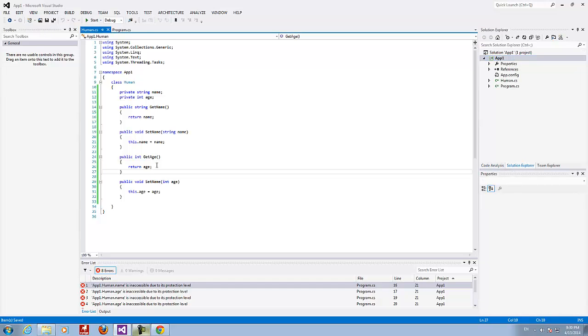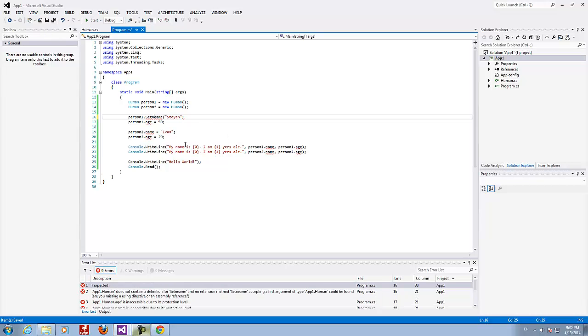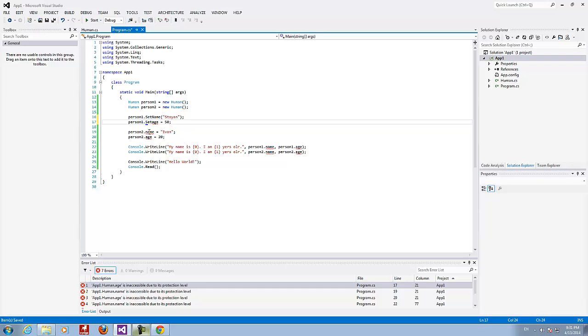Okay, so let's refactor right now our main function according to the changes we made in our class human. So we say setName, and we are setting the name because right now we have accessory methods to represent our properties. setName, setAge.